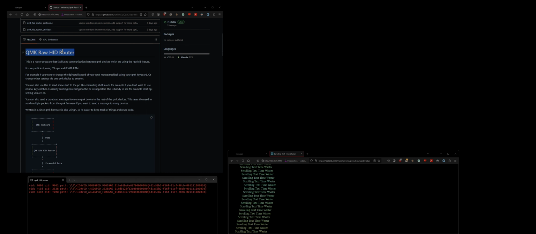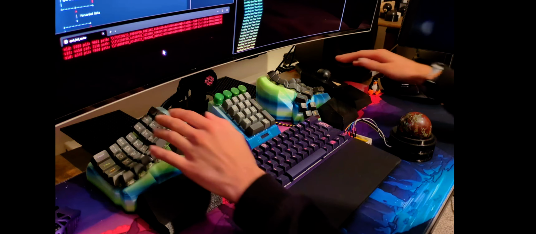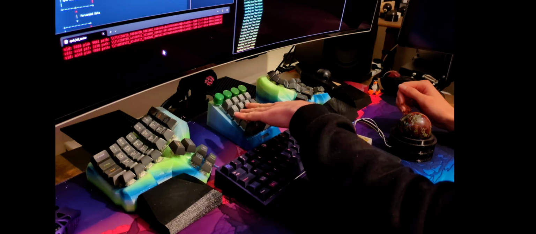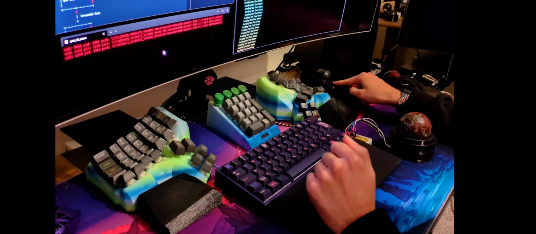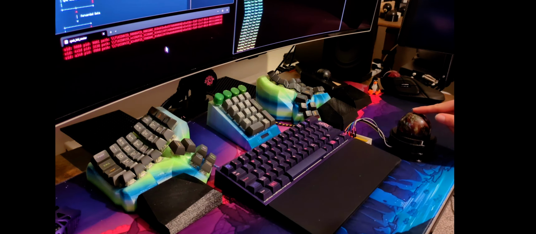Now, in this one, I'm going to be going through what a QMK raw HID router is, how to use it, and how to set it up. As you can see here, I have it running. What we have here is a QMK keyboard, a QMK macro pad, a QMK trackball, so this is the Plupi Adept trackball, and another QMK